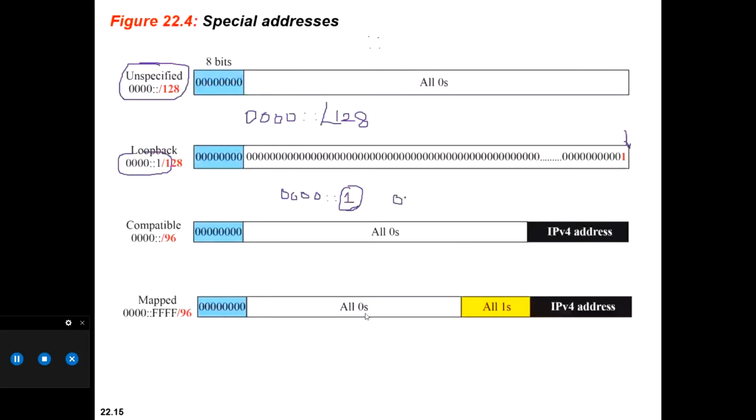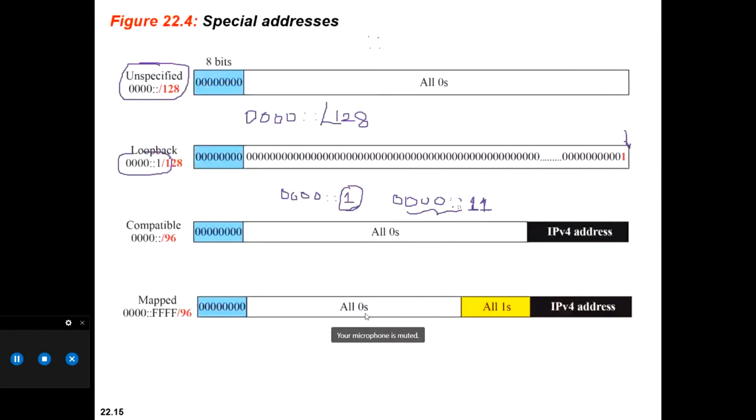If I write like 0, 0, 0, 0, colon, I write 1, 0 or 1, 1. That means all 126 bits are zeros because this 2 colon specifies that. And the last 2 bits are 1, 1. This is the very usual notation which is used. This tells /128. This exactly tells you कहाँ तक आपको जाना है, where you have to limit yourself.